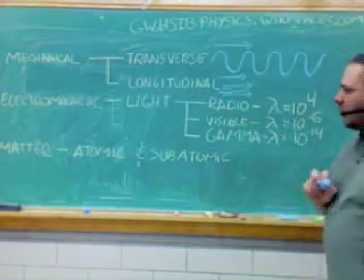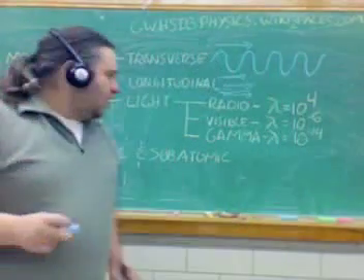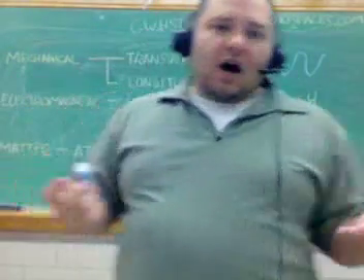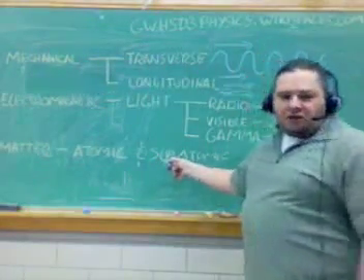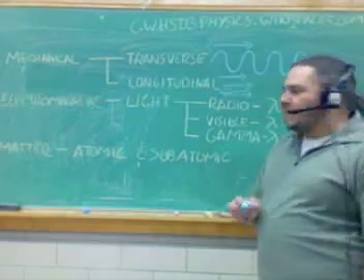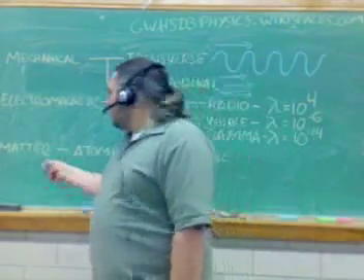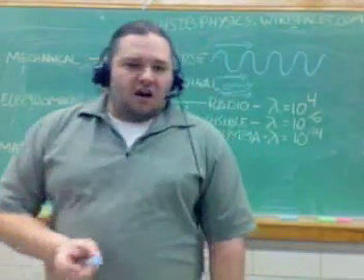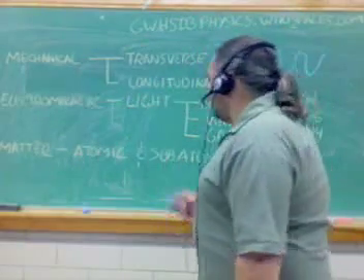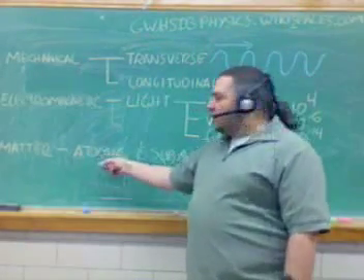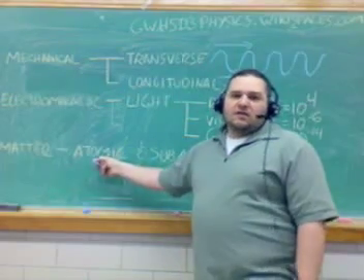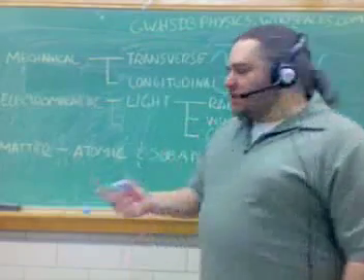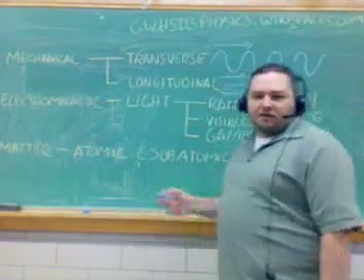Okay, so that's electromagnetic, and the last one is matter waves. Now, as I put down here, matter waves are atomic and subatomic particles, and typically when we talk about matter waves, we're concerning ourselves only with the atomic and the subatomic scale. But in the case of some of our forms of matter, which are Bose-Einstein condensates and fermionic condensates, we're talking about more than an atomic particle. You could actually have a pocket of particles that behave like a matter wave. Okay? But typically, we are concerned with atomic and subatomic.